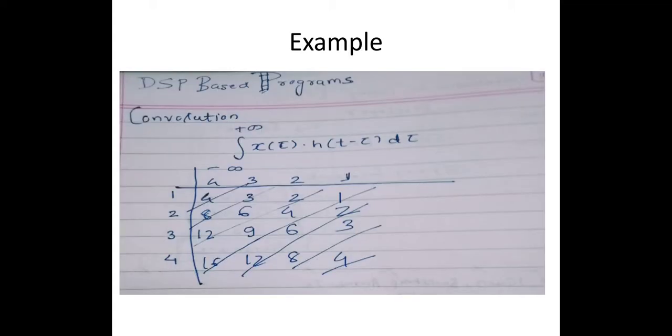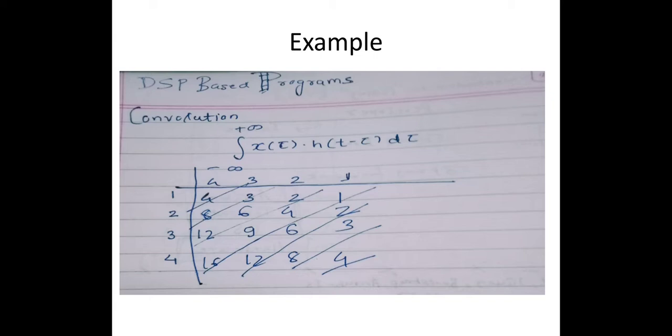In order to understand the C code, I thought of taking a very basic example, so that it would be easy for all of us to dive in and write the C code for convolution easily. Let's take this example where I have two discrete samples, x and h. x has 4 samples placed at the amplitude values 1, 2, 3 and 4, and h is exactly the mirror image of it. So the values of h are 4, 3, 2, 1.